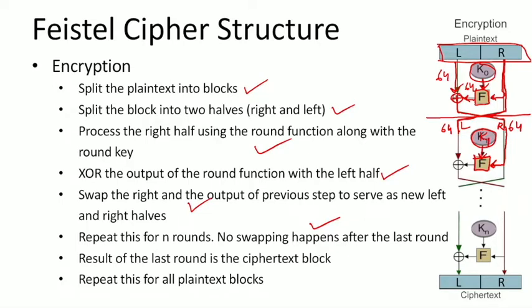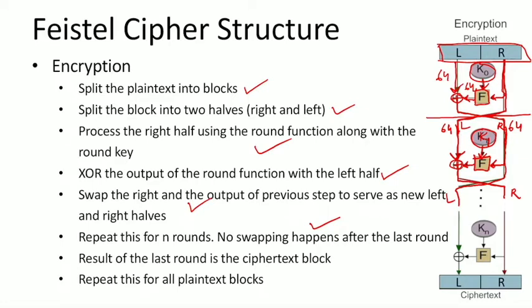This is a different key from the previous round. Okay, and all these round keys are generated from that single symmetric shared key between the sender and receiver. Again, the output of the round function is going to be XORed with the left half. And again, this output is going to become the right half for the next round. And the current right half for this round is going to become the left half for the next round, and